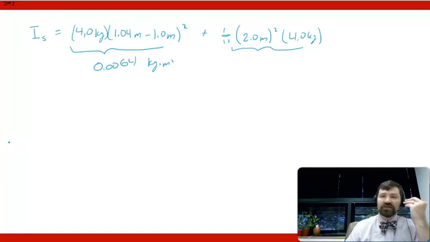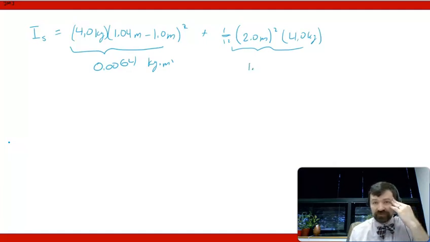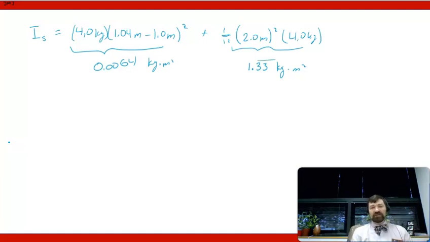And this term right here, I have basically a little more than 1 1/3, or basically like 1 1/3, I believe. So this is like 1.33 kilogram meters squared. So this is actually pretty small compared to this, almost minuscule, basically negligible, and that's why a lot of textbooks